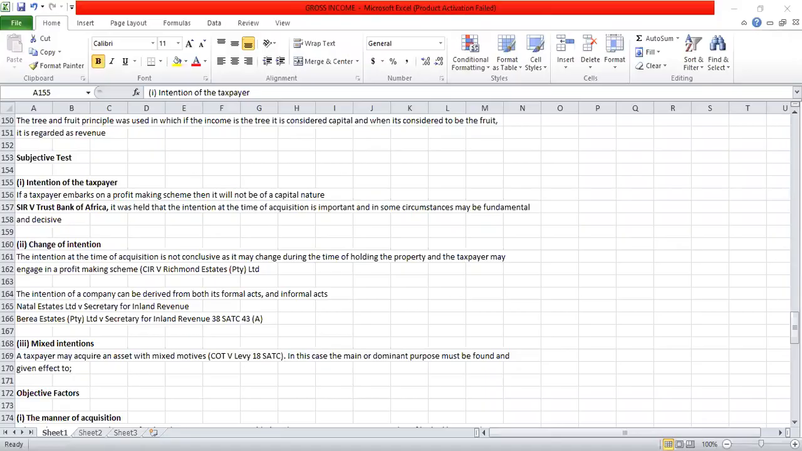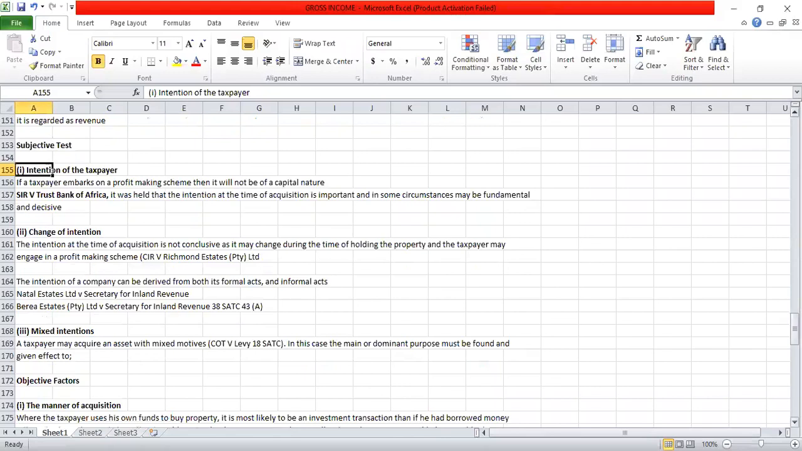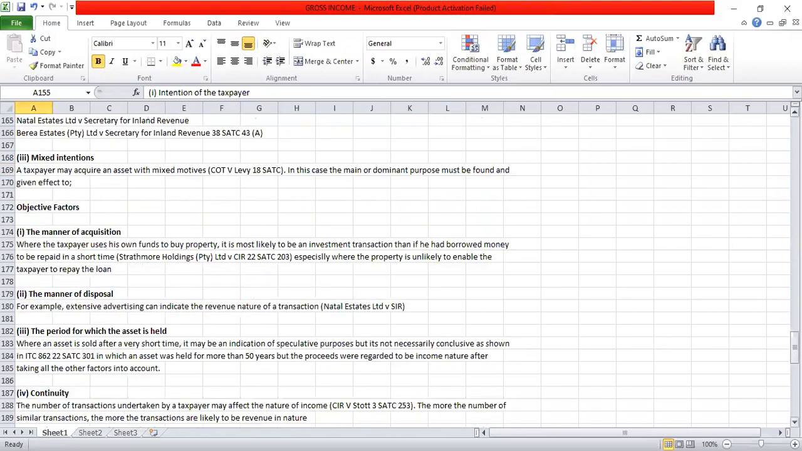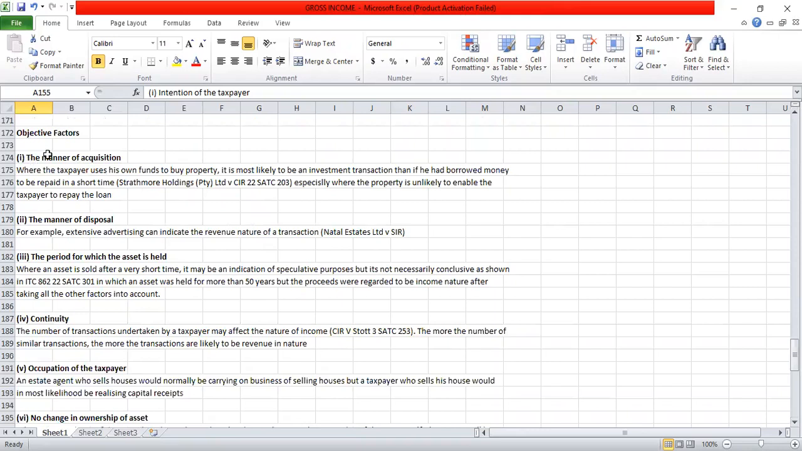Right. Then we've got some of what you call the objective factors. Objective factors. Right. There are many objective factors that we can use to determine whether it's of a capital or revenue nature. The manner of acquisition. If you buy using your own money or you buy using a long-term loan, that might be an intention that you want to use an asset for a very long time. But if you take a short-term loan,